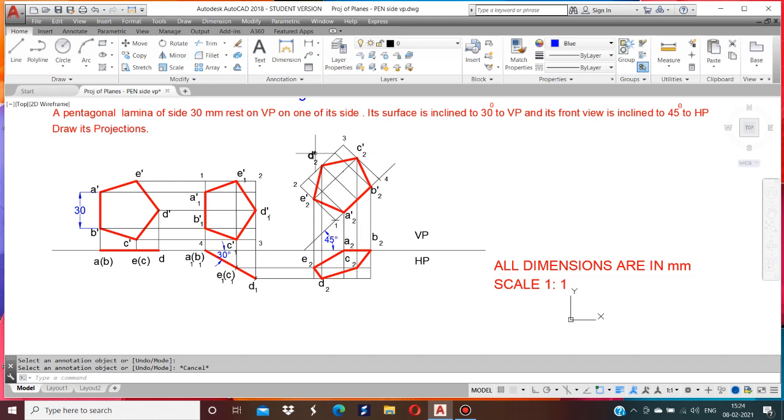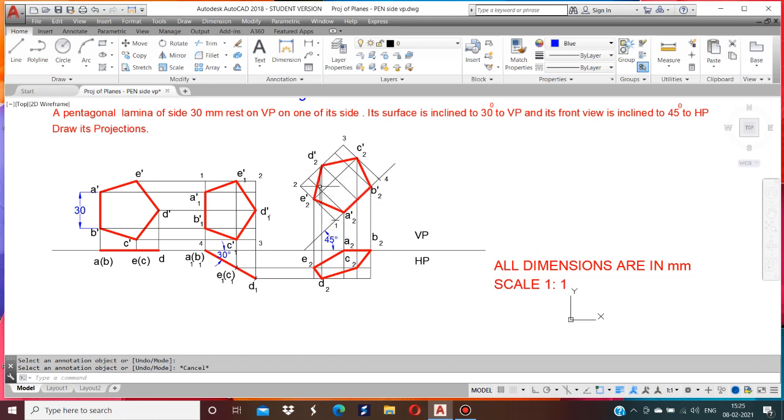Then you have to mark D2 dash only. So here the D1 dash lies at the midpoint of 2 3. So the D1 dash lies at the midpoint of 2 3. Okay, so from 2 to D1 dash, here also from 2 to D2 dash cut an arc here. From here draw a perpendicular line to this, sorry, from 1 to 4.